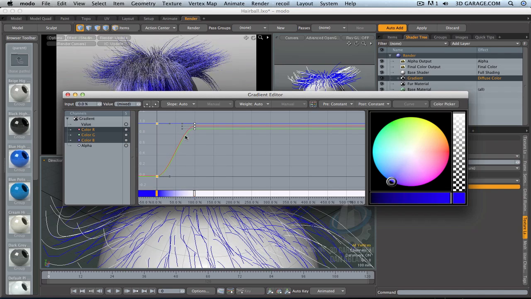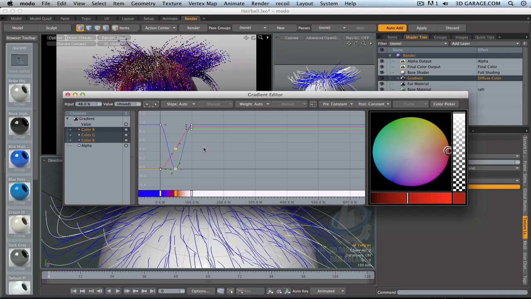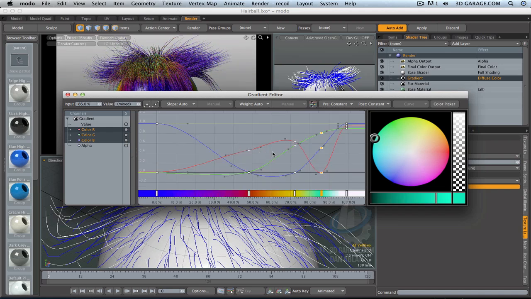You can already see it starting to happen. And then let's go ahead and click for about halfway through. And maybe that's a red. And then somewhere along the way, it's yellow. And somewhere along the way again, it's more teal, something like that. All right, so press the A key in this gradient, and you can see that all of those values are being applied,